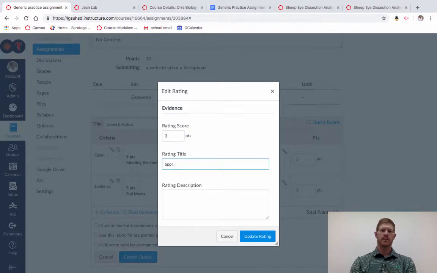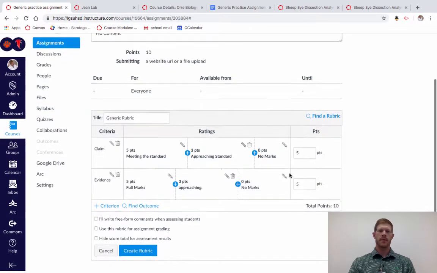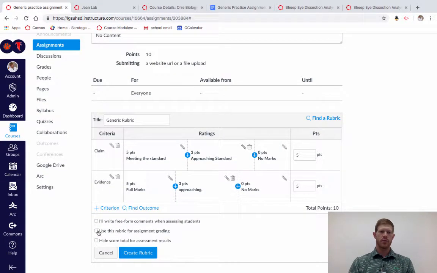Again, approaching, etc. Right? So once I'm done with the rubric, I'm happy with how it turned out. Here's the most important part. I need to select use this rubric for assignment grading. So here now, this means that when I check these boxes in SpeedGrader, the points will actually go towards their